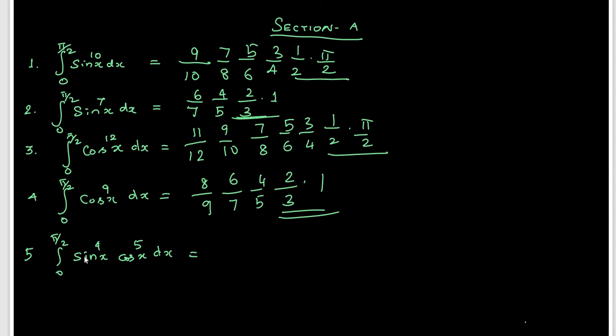Again, the same procedure that we are going to follow. What we are going to do in this case is add these two indices up and put the sum in the denominator. And then of the two indices, either can be reduced, but the lesser one we usually choose. So between 4 and 5, 4 is the number which is less than the other one. So we start reducing that. Whatever you have, 4